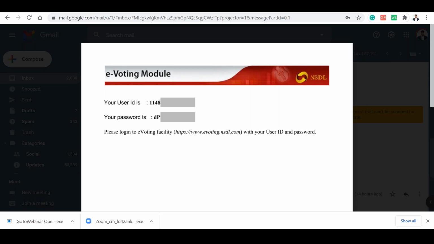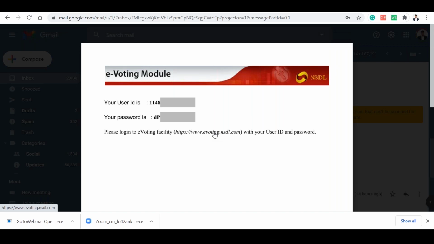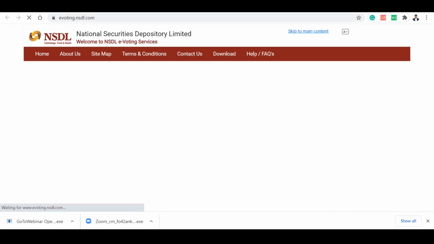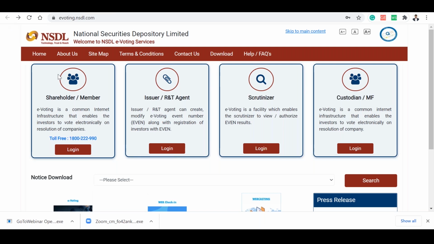It's showing your user ID and password. After that, you have to log in by clicking on this link. So friends, you have to click on evoting.nsdl.com.